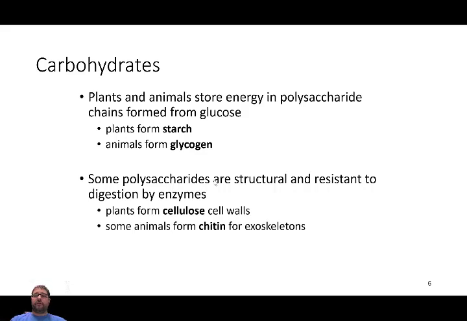Chitin's the same way. Chitin is what makes the material for the exoskeleton of invertebrates, so not an internal skeleton, but the external skeleton for insects and things like that. That's made out of polysaccharides also. So glucose molecules bound together in long chains. Again, a couple extra bonds going on, not just carbon-hydrogen bonds, but still the building blocks for chitin and cellulose is glucose, the material that's being